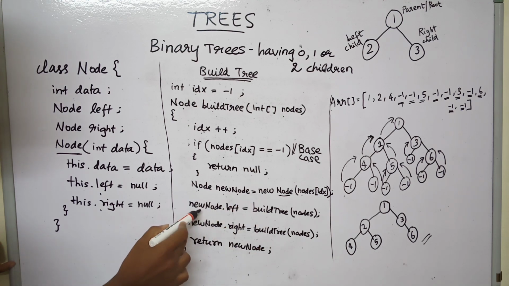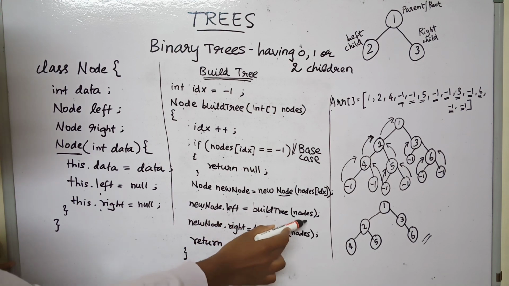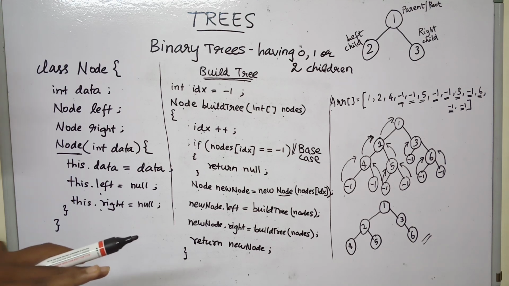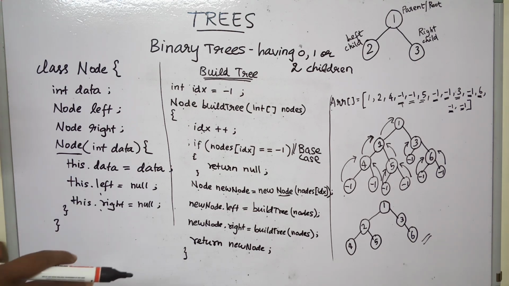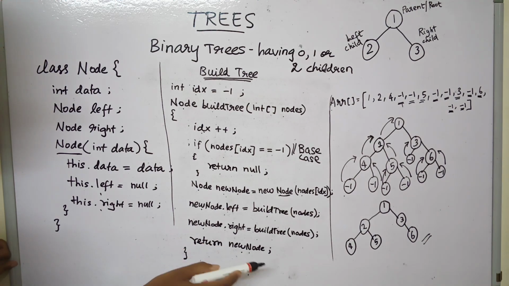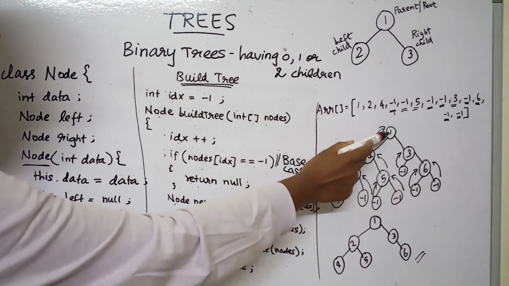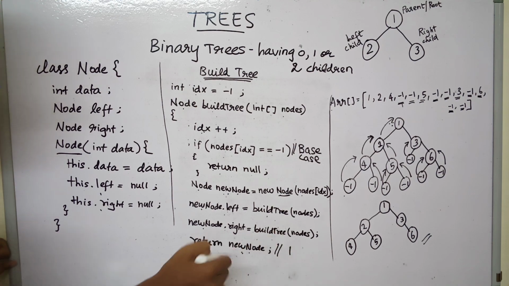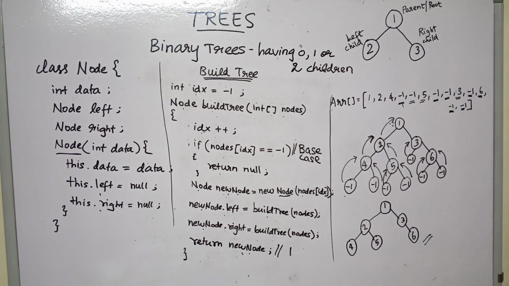Now we are going to recursively implement the left and right subtrees. newNode.left is equal to buildTree(nodes). So again we are calling the buildTree function, which is a recursive function. First the left subtrees will be created, and then the right subtrees will be created after the left subtrees have been constructed. At last I am returning the new node, which will be the root of the binary tree. This happens because recursion builds the entire tree and backtracks to the very first function call, returning the topmost node